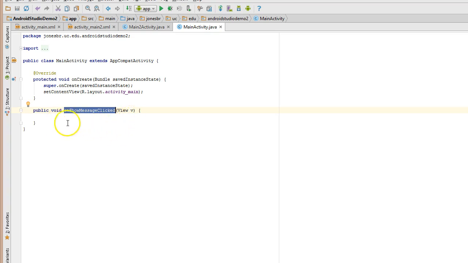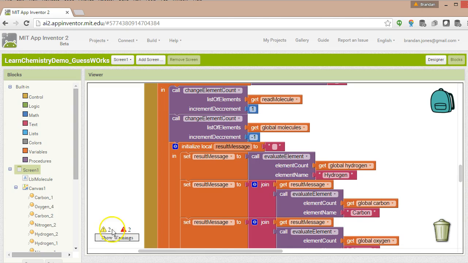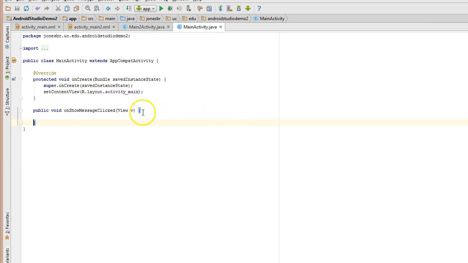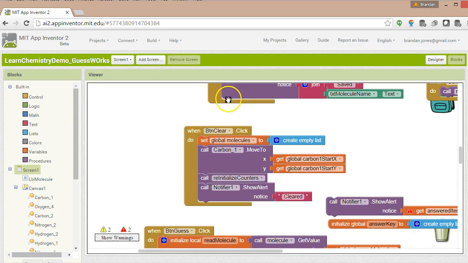Okay, so open curly, close curly, that's what we're going to call the scope of the method. Let's go back to App Inventor again and take a look at a button handler there. I'll just pick one at random here, button clear. Do you see how we have this brown event handler, and then we have lines of logic, a sequence of steps within this event handler? The equivalent in Android Studio, open curly, close curly, that's defining essentially this brown handler with all the